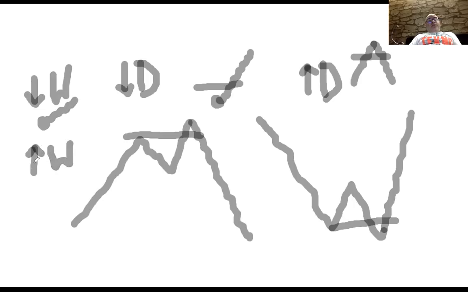The more the number of up weeks or down weeks or up days or down days, the better your odds become. So again, above previous week high, the market fails. So this is the basic concept,